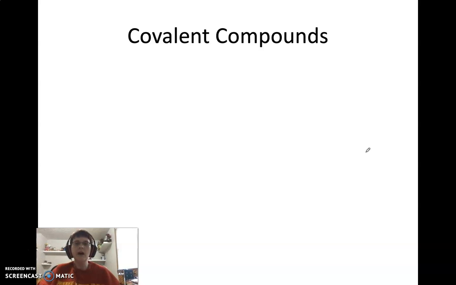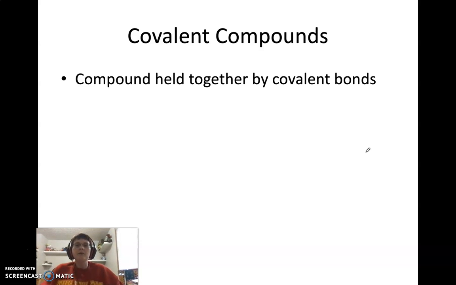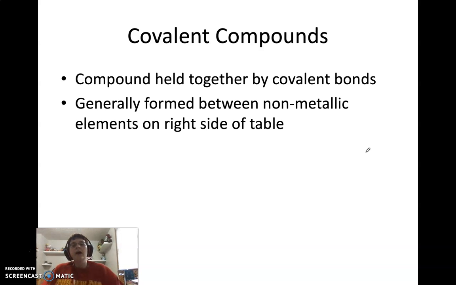So covalent compounds, once you've learned how to draw the diagrams, are compounds held together by covalent bonds. Ionic compounds are held together by ionic bonds. Covalent compounds are ones held together by covalent bonds. The big difference is that ionic compounds are generally between a metal and a non-metal, like sodium and chlorine. Covalent compounds are generally formed by non-metallic elements on the right-hand side of the